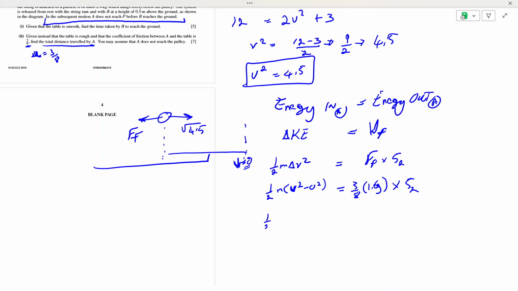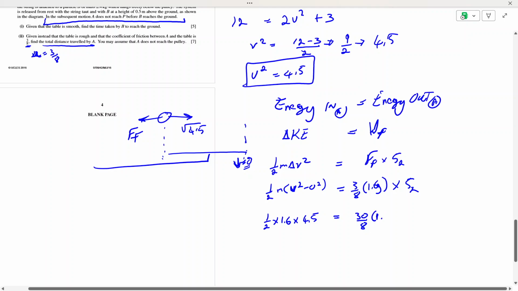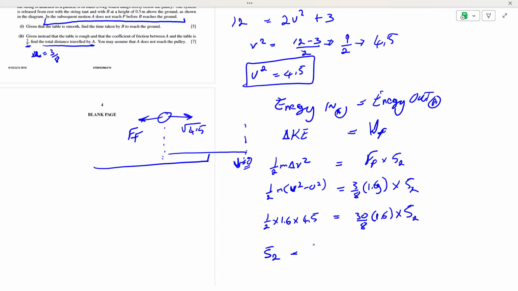Then you can substitute in those values: half multiplied by 1.6 multiplied by 4.5, since v squared is 4.5, is equal to 30/8 multiplied by 1.6 multiplied by h2. Then h2 is going to be equal to